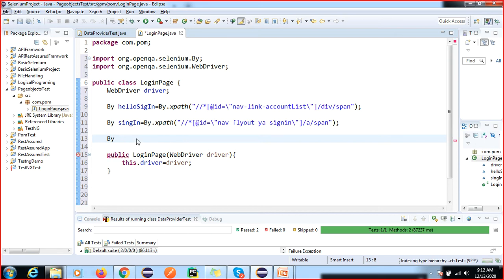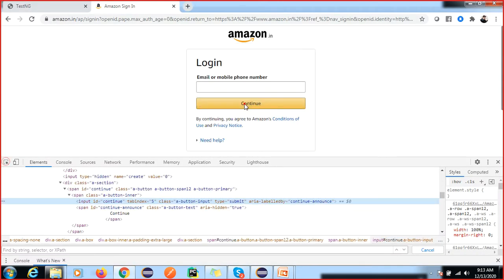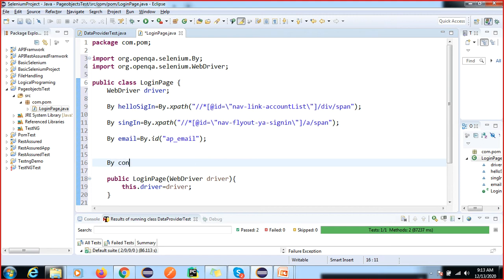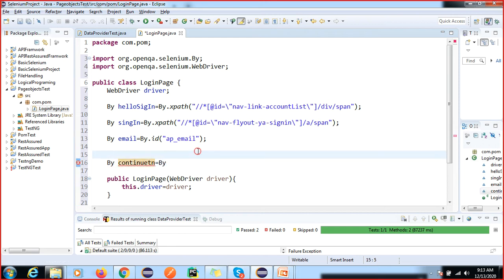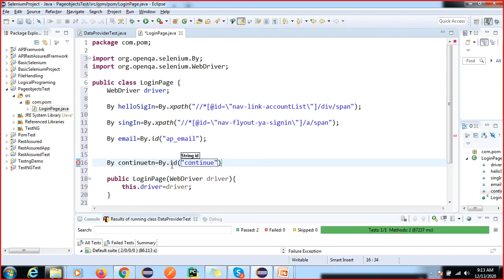Email text, or you can just write email. So this is your By.id. Now after that you have to click on continue, so we can use continue. We have already By continue button, By.id. Okay, so now this is done.